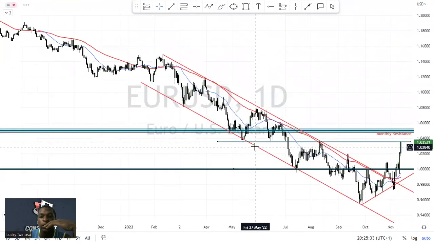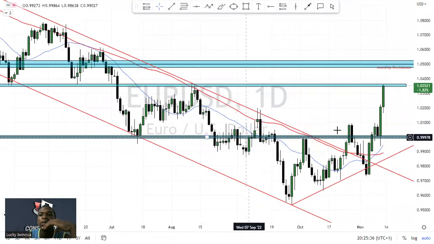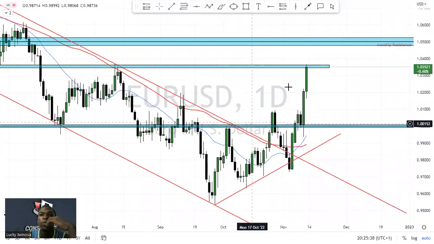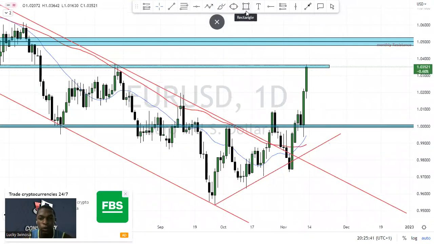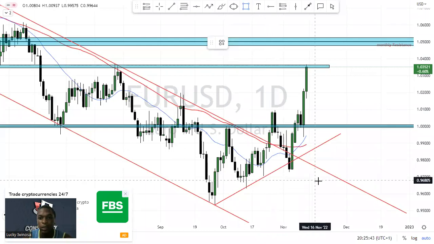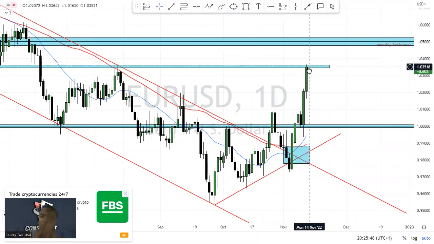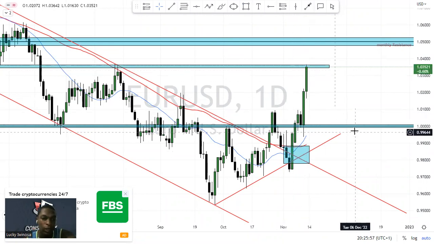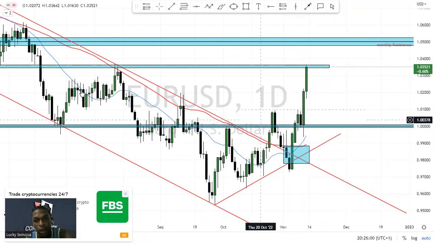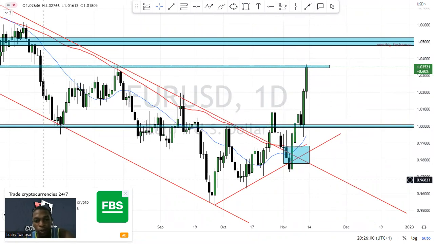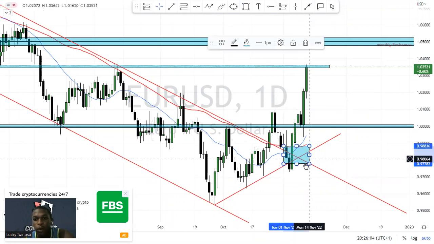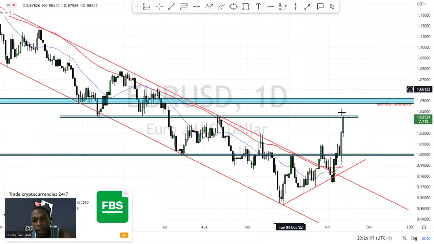Now, looking at what we have here, I did say that I expect price to reach out for 1.03. If you have not seen that video, it is on YouTube where I posted the analysis. I think price was around here then, and I said I anticipate price to go to 1.03. Now price is currently at 1.035, which means price has surpassed my target. So obviously, I did enjoy trading Euro USD last week. I traded just Euro USD last week, no other pair, and it was very profitable for me because I understood higher time frame